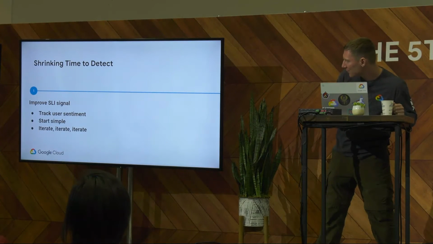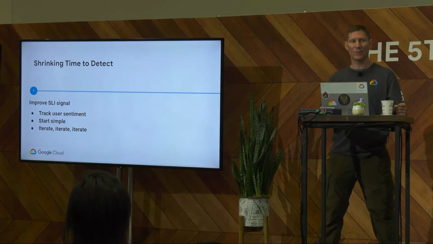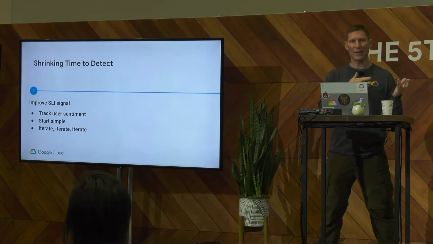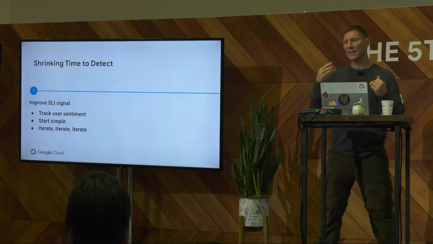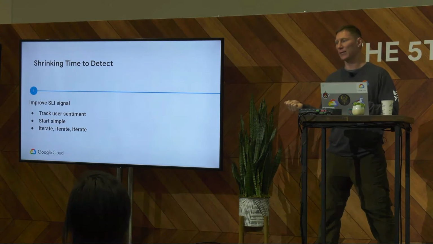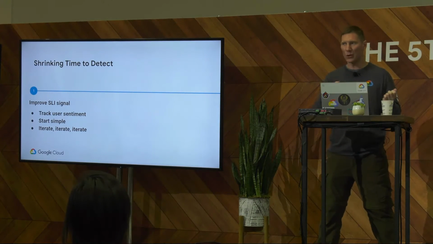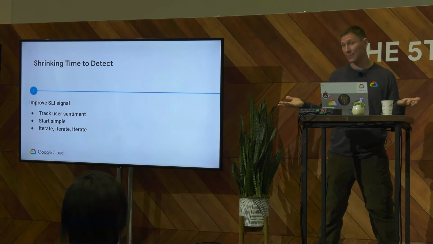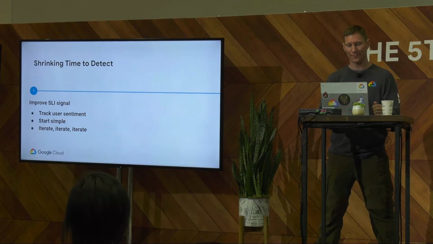So in the beginning, for your SLIs, it's most important just to have something, and then iterate, iterate, iterate. Every time you have a postmortem, look back on it and think, how did my SLI teach me about what's actually going on in this outage? Is it worse than what the SLI said? Tweak it. Is it better? Go back the other way. Am I measuring the wrong thing? Go back and make a different SLI.